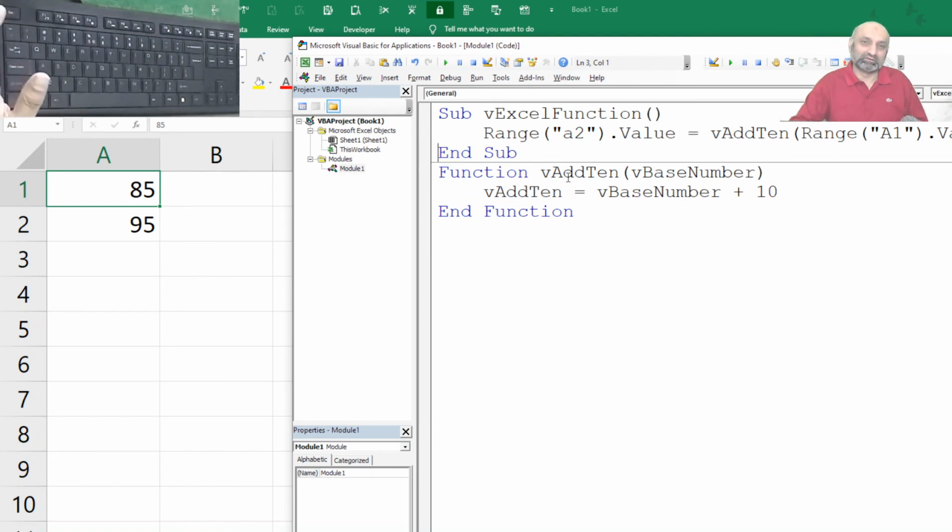So this was how to use any function in VBA, and we have used our customized function in VBA, and we have sent a value to the function. The function has calculated and given us back a new value, and we have stored that value in our worksheet. So we picked a value from the worksheet, sent it to our function, got a new value, and wrote that value in our cell. So this is how we exchange values with our functions.